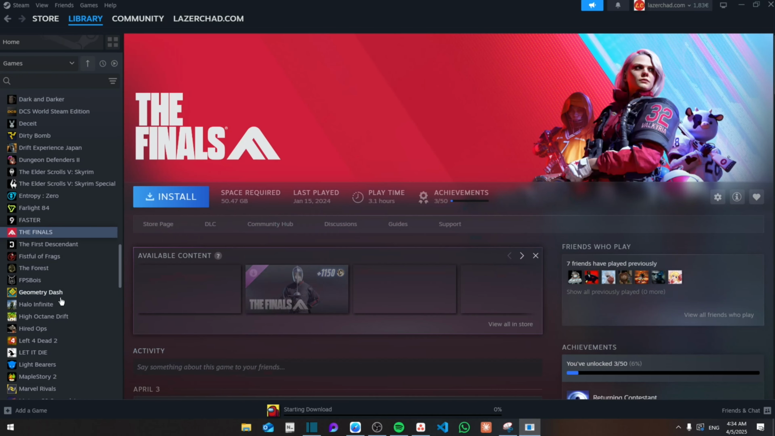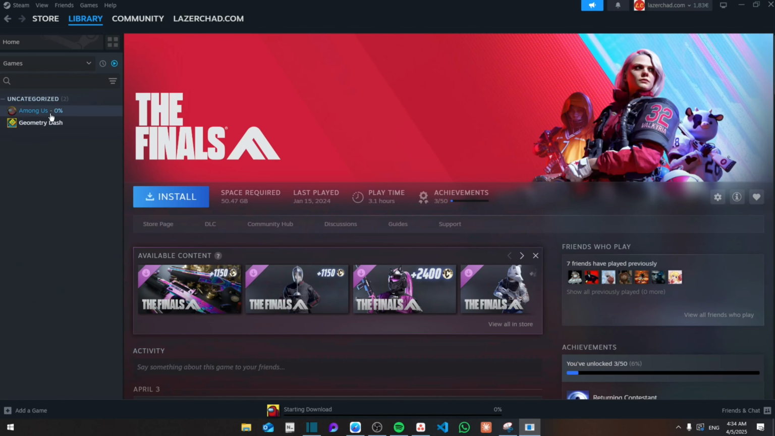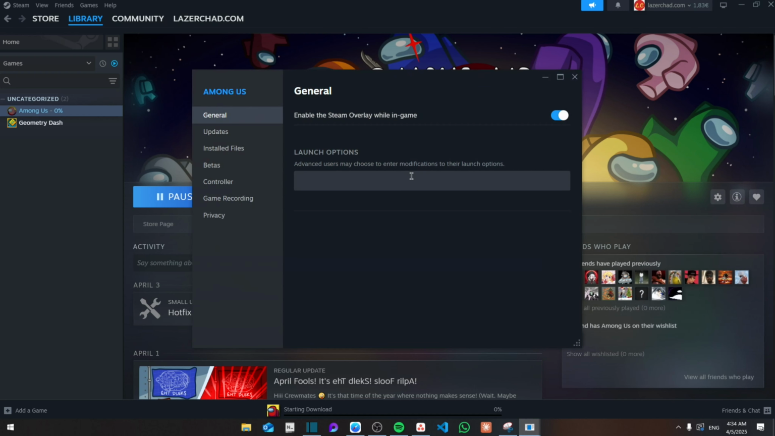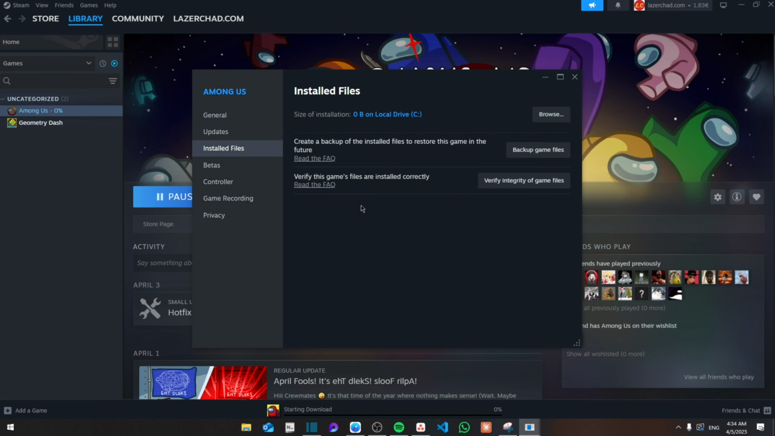Now for a start, you can go to whatever game you like, so for example Among Us right here. Then you're going to go to the settings, then go to properties and click installed files. Now, first thing you will do is verify the integrity of game files. The games might not load because they have something that has crashed or any corrupt files, so this will go